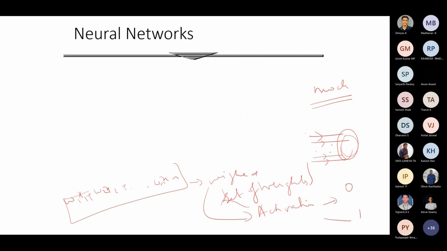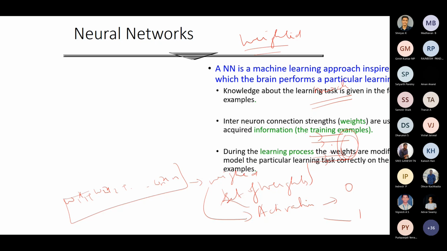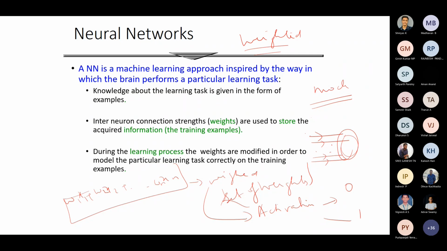Now all these features are not used as is. The features are weighted. You give a weighted sum of the particular features, and then based upon that you try to design. So it's a basic machine learning approach which is completely inspired by the way the brain performs a learning task. The deep learning architectures also follow a similar fashion to how the brain performs. Of course, we have not been able to capture the complete scenario of how the brain performs. That's why it is still incomplete.